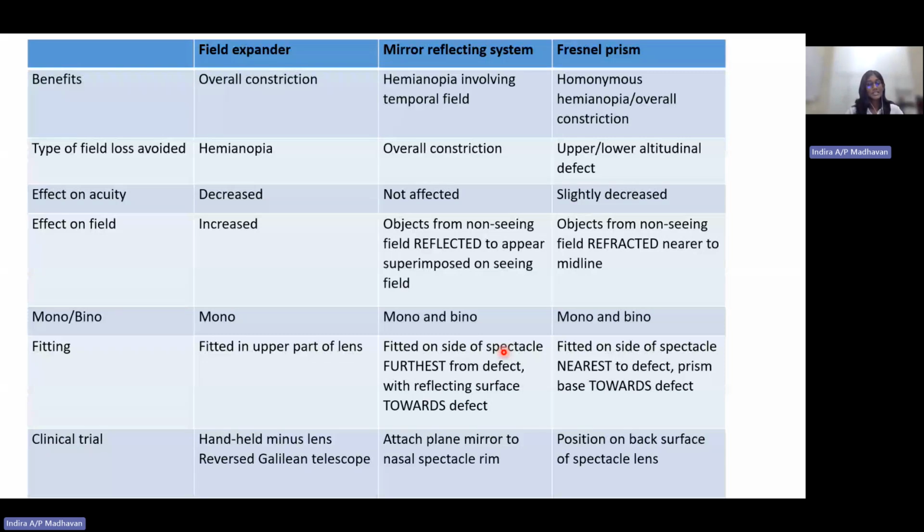And how does it affect acuity? When it congests information from the side in one lens, the lens of the telescope, the image quality or clarity will be slightly lesser. The visual acuity drops a bit. It's not as clear, but the patient will get an idea of what is at the side. And in terms of the field,